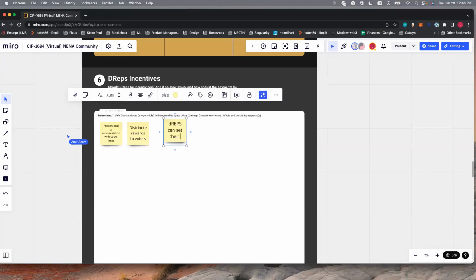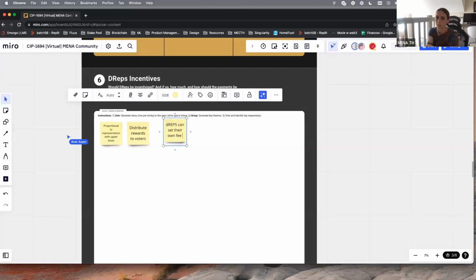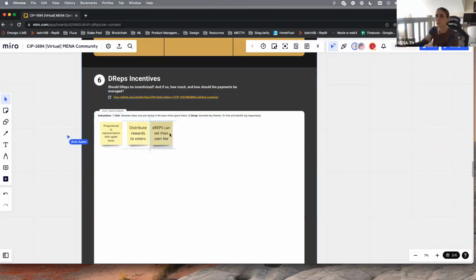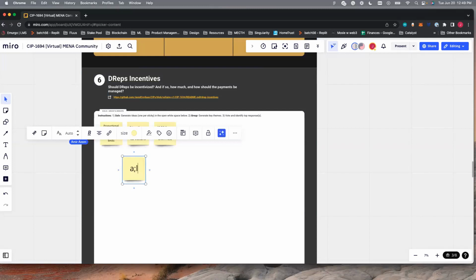The money eventually is coming from the treasury, right? Yeah, if it was to be from the treasury, yeah. So maybe it makes sense to have 0.05% or a small percent always set for DREPs, regardless of how many DREPs are in the system. Yeah, and then it's shared proportionally based on their number of votes, the outcome of the votes, the percentage of voting stake to them.